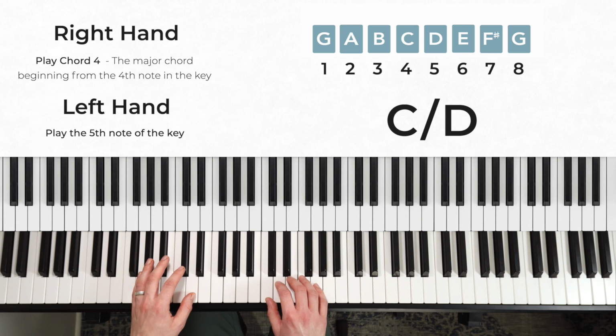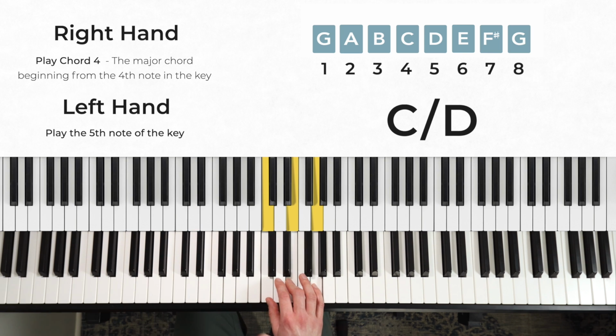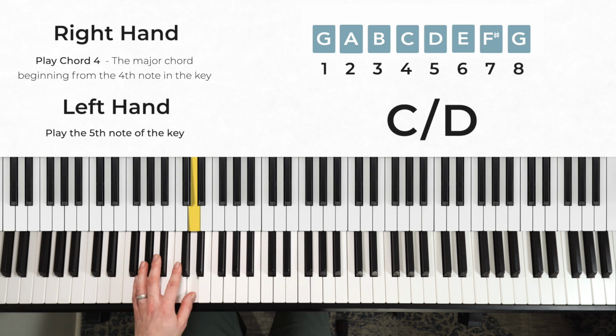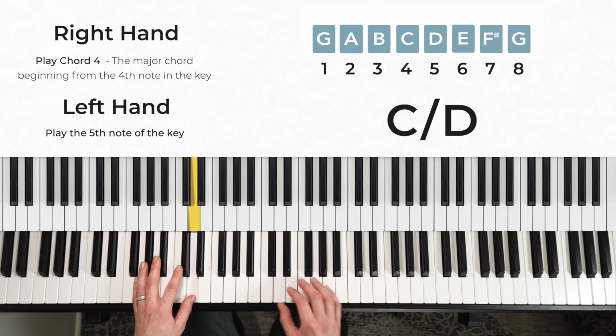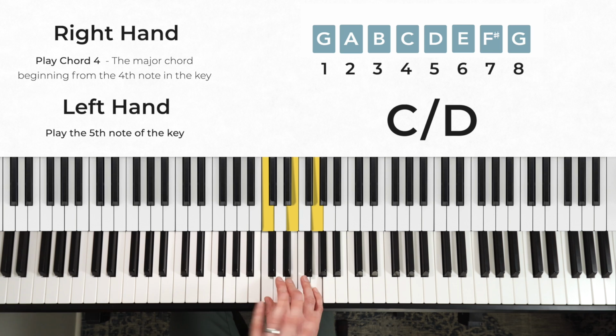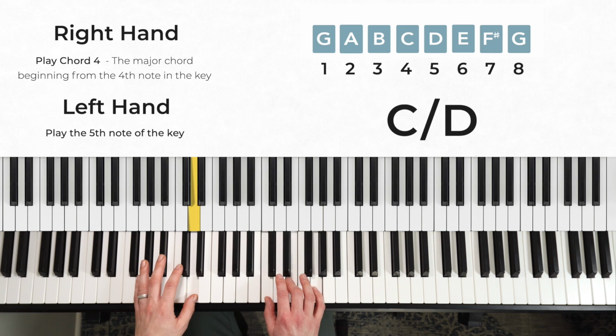Once you know the chord in the right hand, so we've got a C over D here, we can look at the notes in the right hand. So we've got a C, E, and a G, and we can play around with those. We can use different voicings and spread those notes around in different ways and break the notes up into patterns. So the next best thing to try would be your different inversion positions. So we've just started on a basic root position shape here because it's the easiest thing to learn first, but